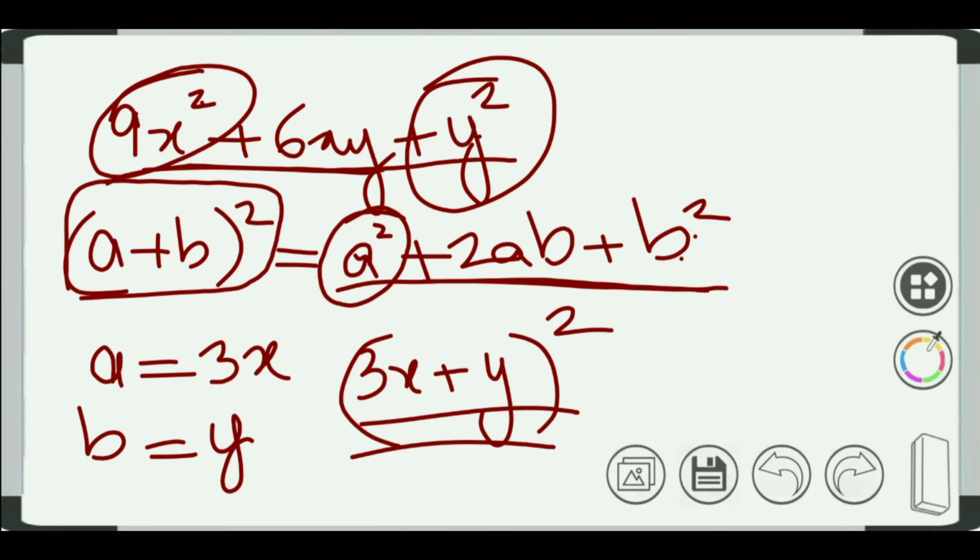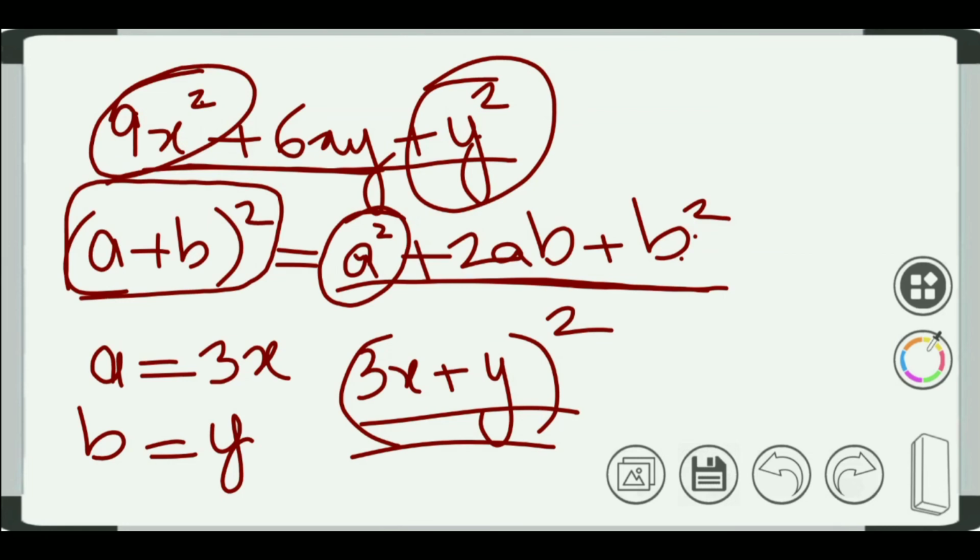You can see in your last exercise, question number 13, you have one problem. If x plus y plus z is equal to 0, show that x cube plus y cube plus z cube is equal to 3xyz. That is important. And question number 12, verify that x cube plus y cube plus z cube minus 3xyz. This is your eighth identity, and you need to verify it. That is also very important. Then the ninth one also, verification: x cube plus y cube identity and x cube minus y cube. So you need to be thorough with all these things.